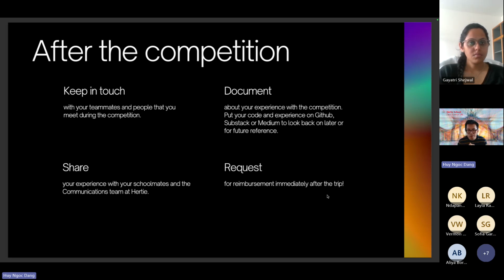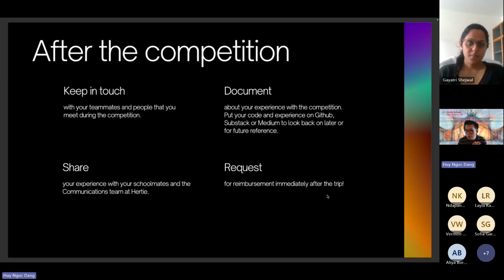And second is also to document your experience. A lot of times when people go to these competitions and finish, they just throw away all the code and all the things that they did, and I think that's quite wasteful. So one thing that I can highly recommend is that after you finish the competitions, go back and clean up your code a little bit. You can use AI to clean up your code, put some comments into it and structure it a little better, and then put it on GitHub, right?